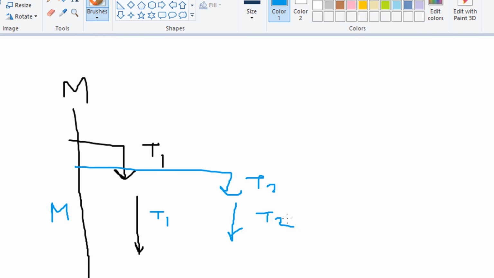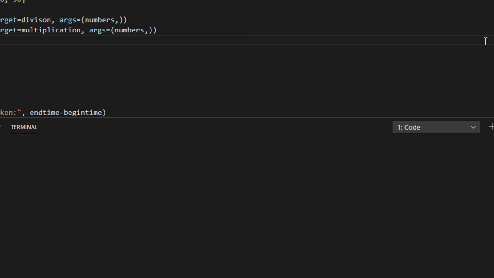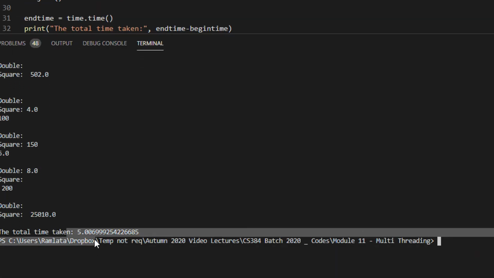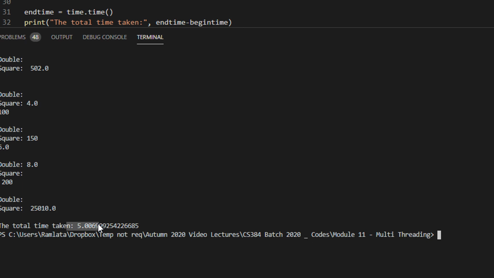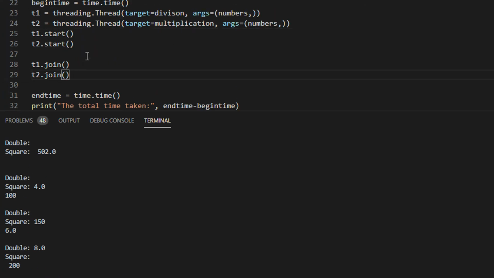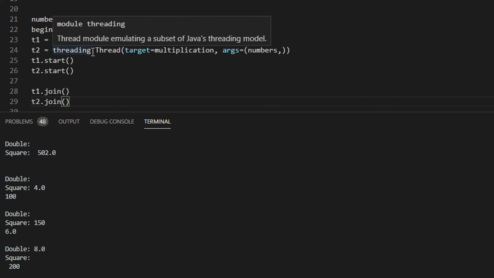Since they are running concurrently with one another, the waiting time is now half. So you see, it is a 50% improvement. We had 10 seconds, 50% of 10 is 5, so we got a 50% improvement just by implementing it as threads. I hope you get a feel of this.